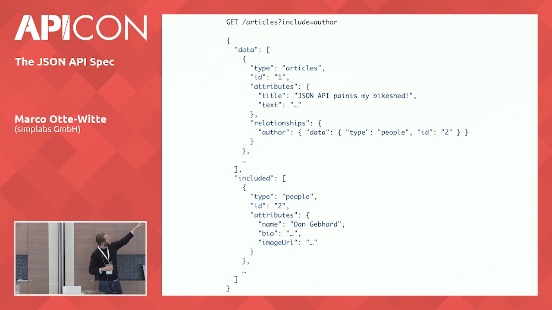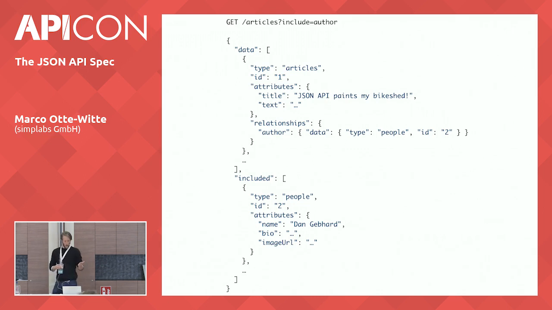The primary response object is the list of resource objects for the articles, and then alongside that you have the list of included resource objects, which would include all the authors. So basically, you have one request that loads all the data that you need to render the page. But of course, you have a bunch of fields that you don't actually need here, like the author bio or the URL of the profile picture, and so on.